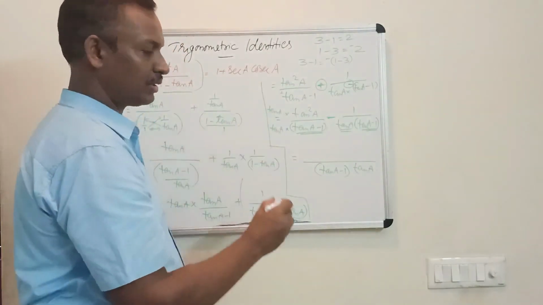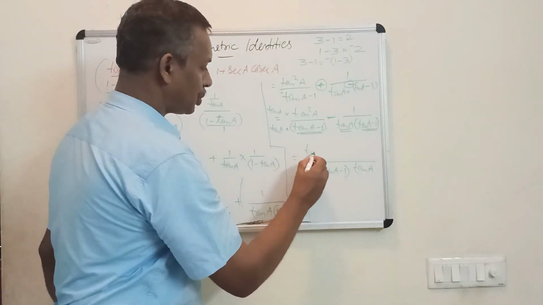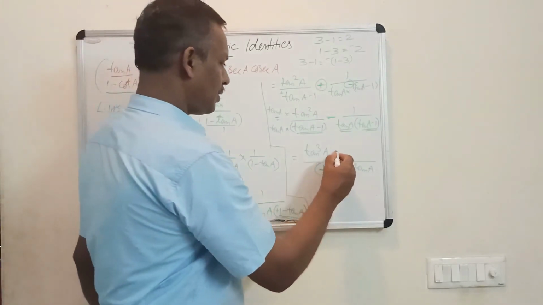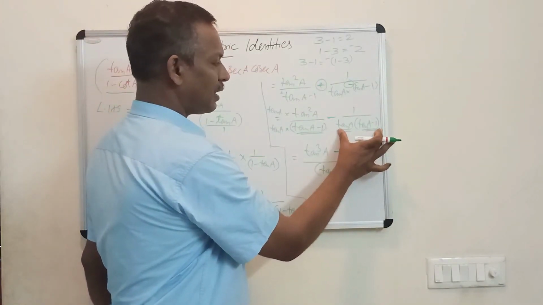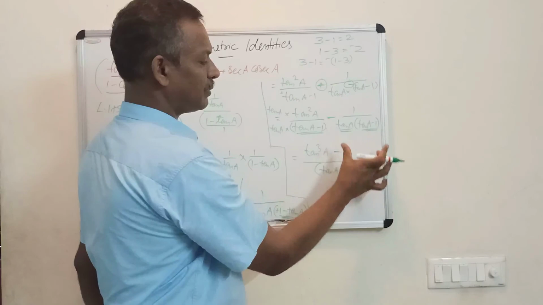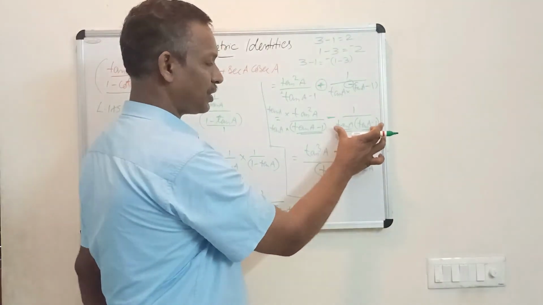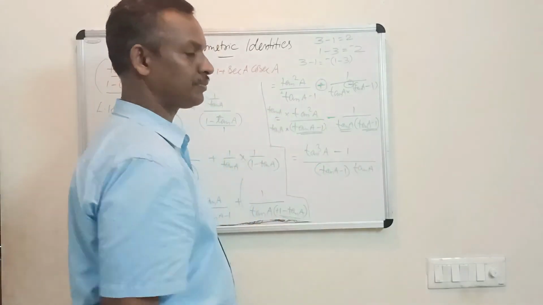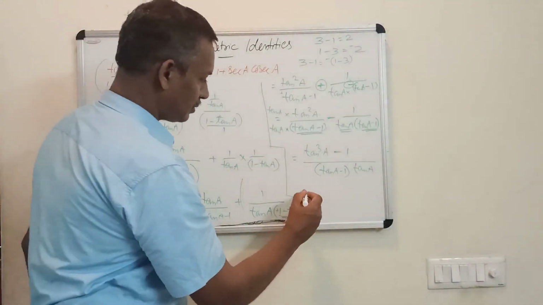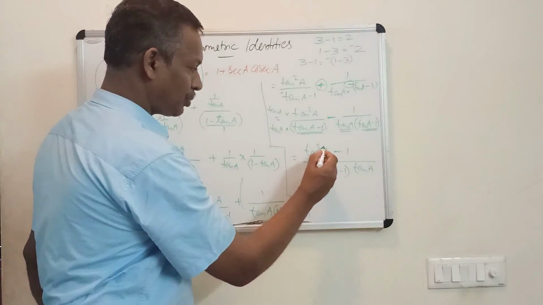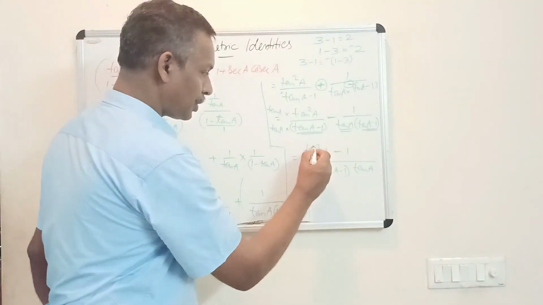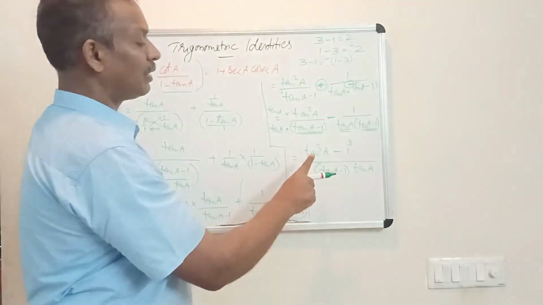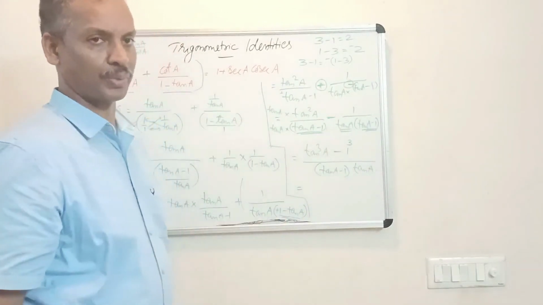When you multiply this, it will become tan cube A. And if you look at the second denominator and the LCM, both are the same only. So there is no change in the denominator and LCM, so the same numerator you have to write. After this is tan cube A minus 1. It's a cube, 1 itself is also a cube. So it follows the A cube minus B cube rule.